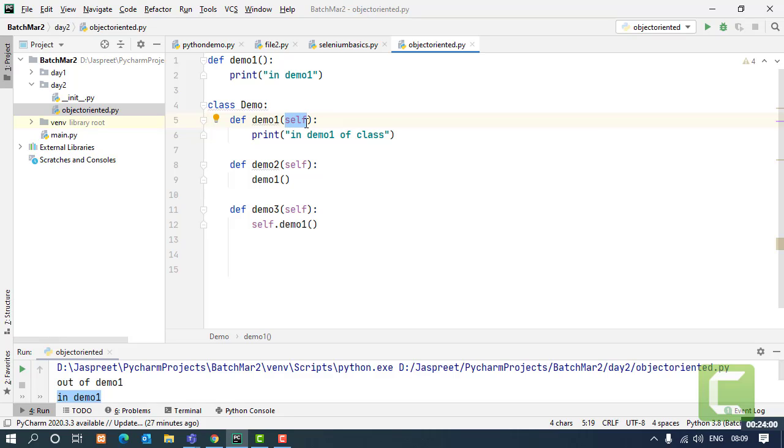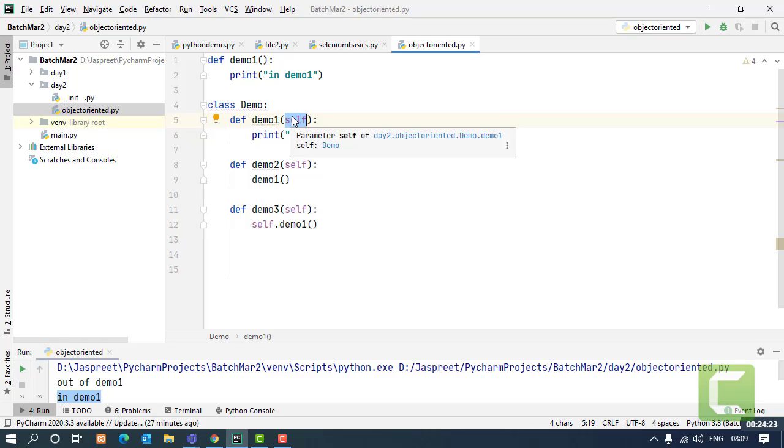The self is a keyword which automatically comes when you create a function inside a class in Python. This is helpful to use the class variables and the class functions you are going to make inside the class only. Using the self, there were 3 functions made, demo1, demo2 and demo3.